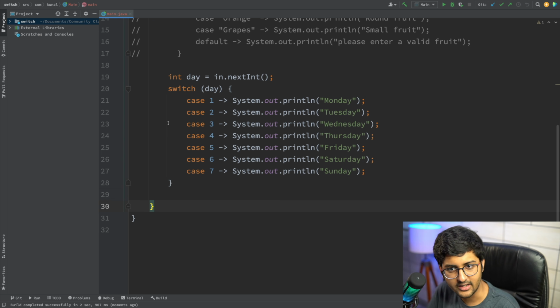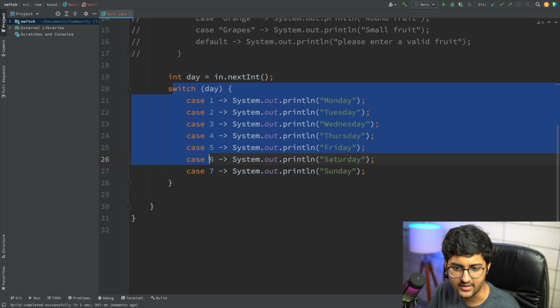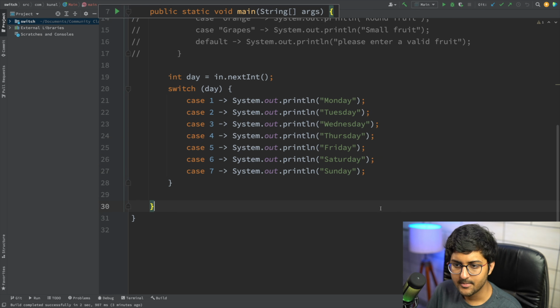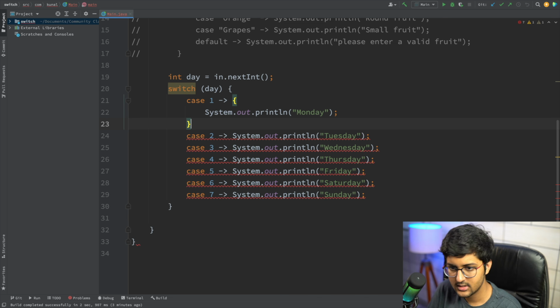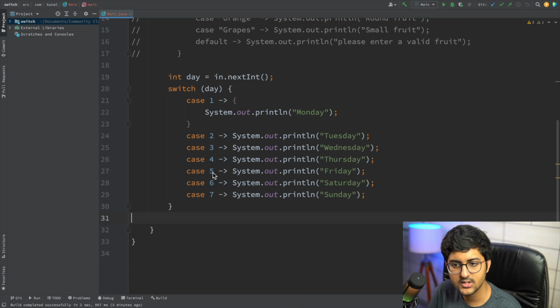So if you want to directly eliminate the multiple if conditions and directly jump onto the main one, switch cases can be very helpful in many cases. And by the way, since it is only one line of code, if there are multiple lines of code in every case in this syntax, you can also add curly braces over here, something like this. Okay, so this is also a valid way.